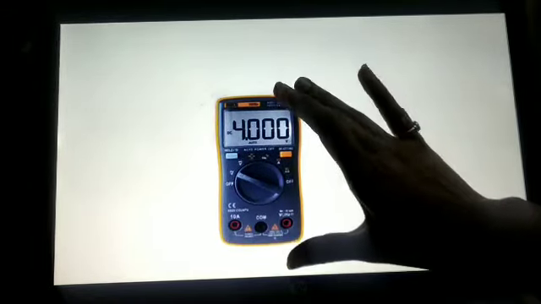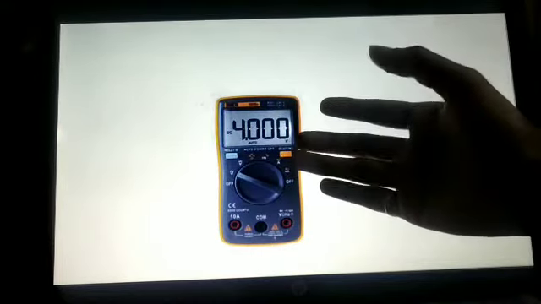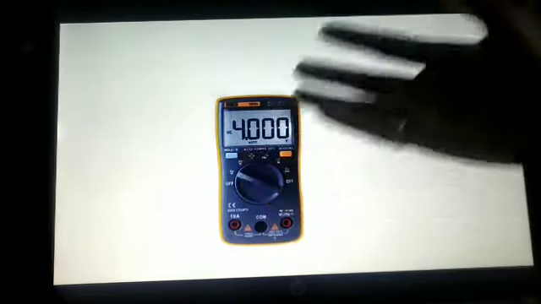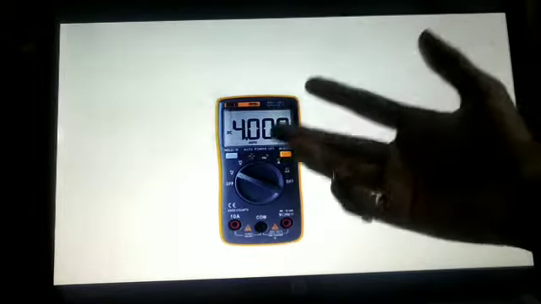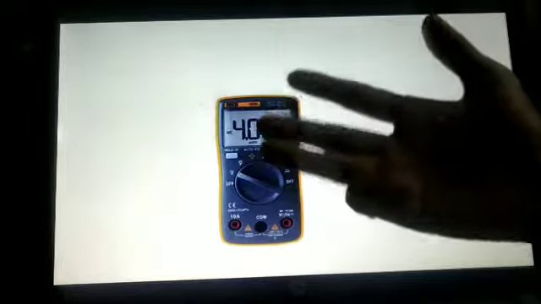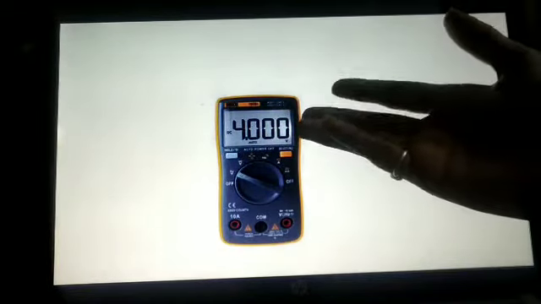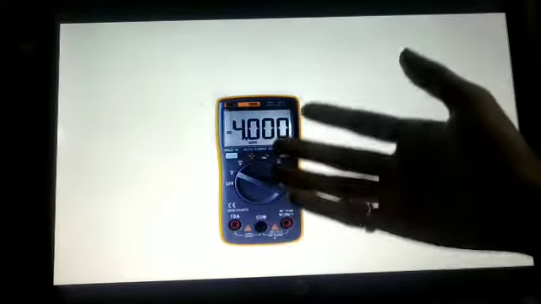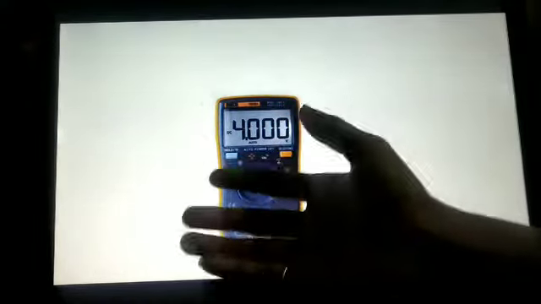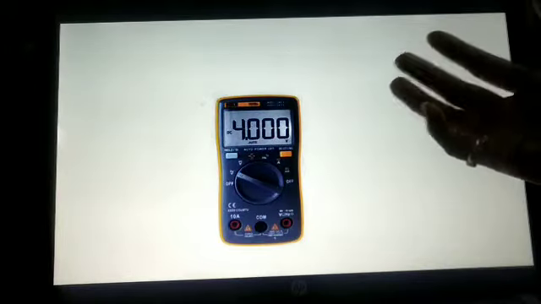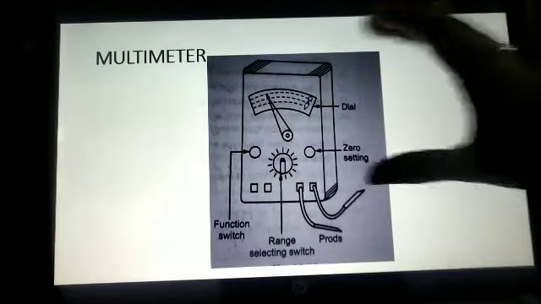It is very handy, right? So as you can see, this is the multimeter. It is very handy. It can be taken from one place to another place very easily, right? And it works on dry cell. Okay, so here we got the 3 points to write in the multimeter itself, right? So seeing at the picture, it is very handy, right? It is very simple and we can take this from one place to another place and it works on dry cell. So we will see. So this is the diagram.